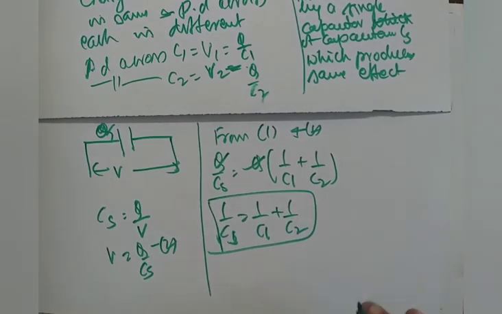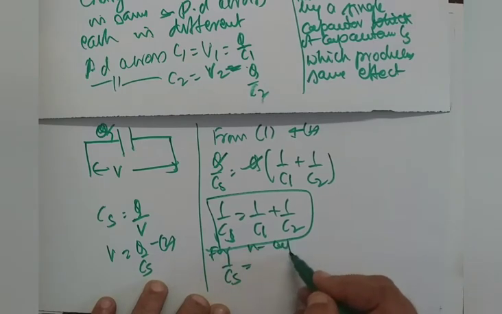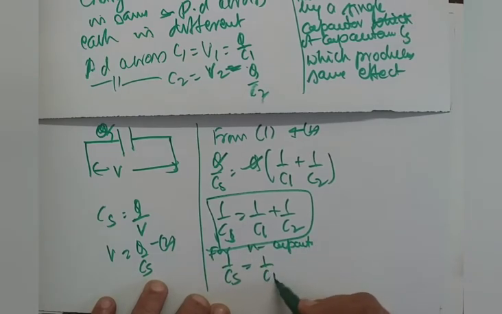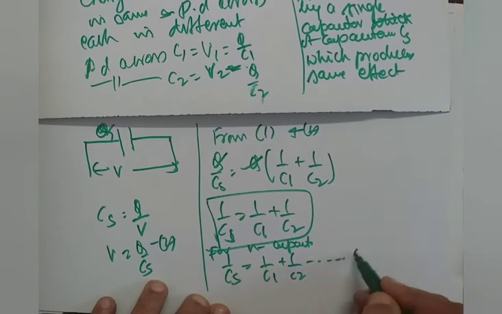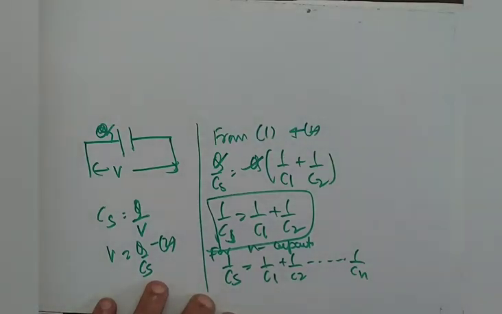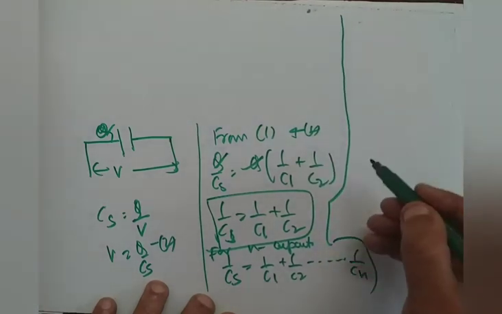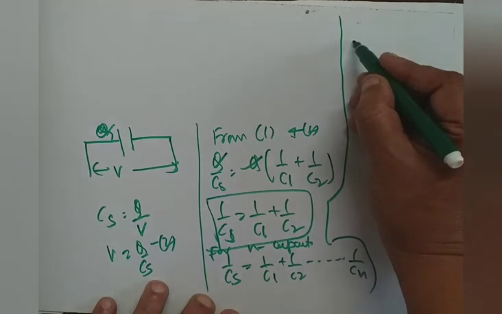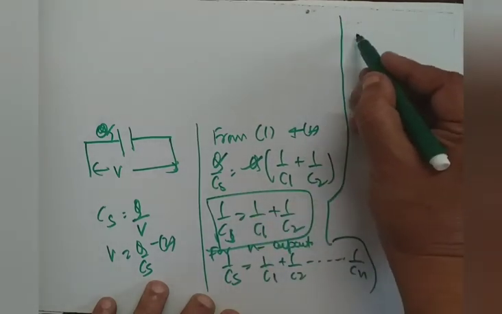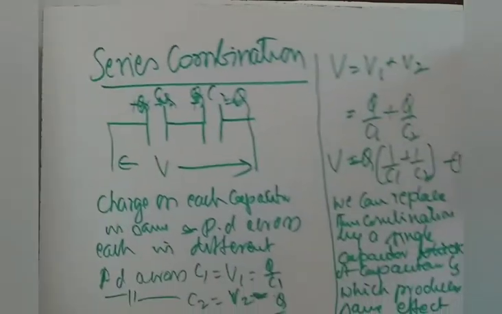For two capacitors, if there are n number of capacitors, then also it is easy. For n capacitors, 1 by C1 plus 1 by C2, etc., 1 by Cn, nth capacitor. So there are two important shortcuts or important ideas to be learnt here. Apart from this derivation, we learn new things. But before that, just go through the derivation once again.